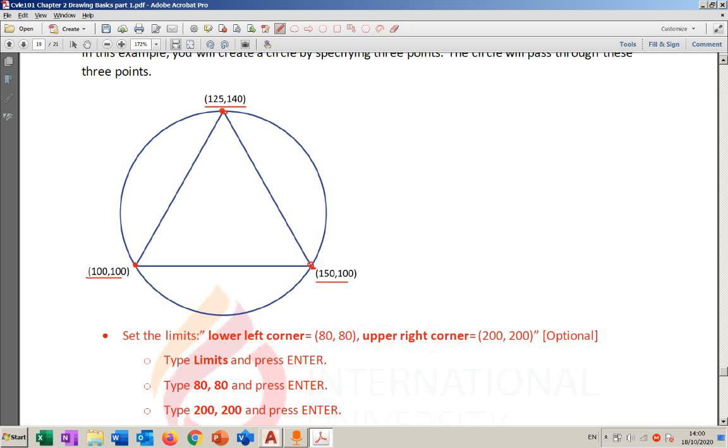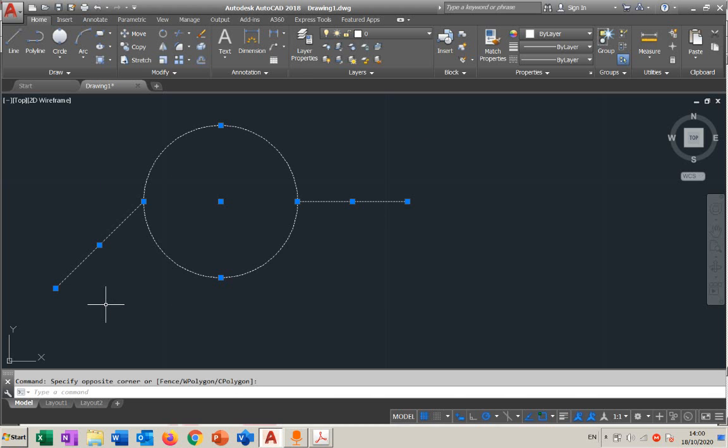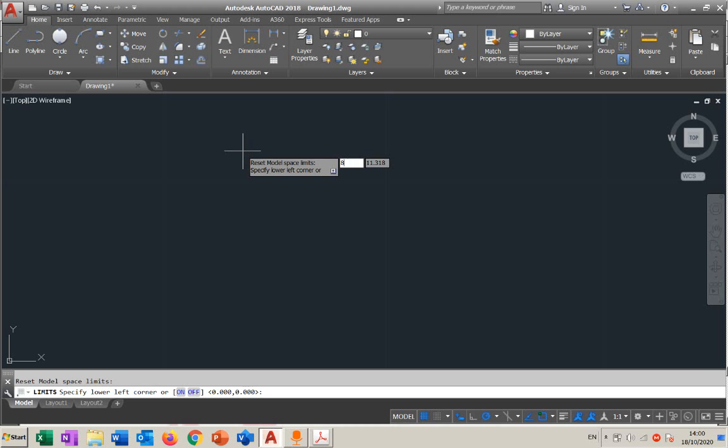We'd repeat both methods. Okay, here we're gonna go with the limit. The limit is given to me. Remember, without limits you can do it, but let's follow the limit. 80, 80, 200, 200. So I'm gonna delete this one. Look, I'm not closing this screen, because I can simply do it. Go for limits. Limits 80, 80, enter, 200,